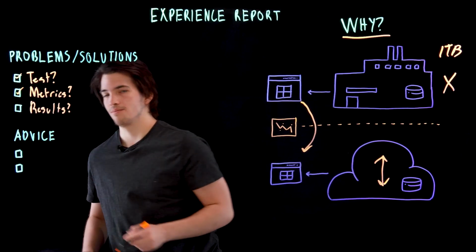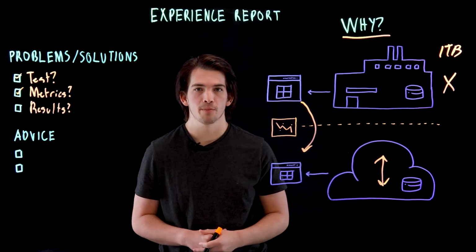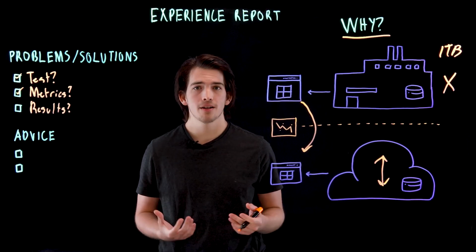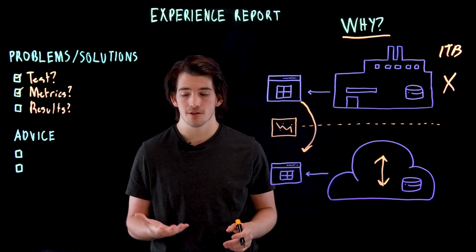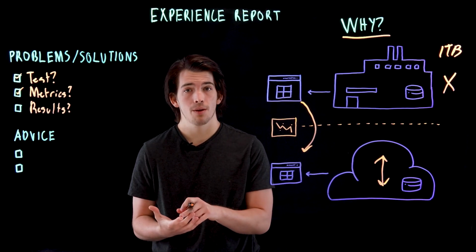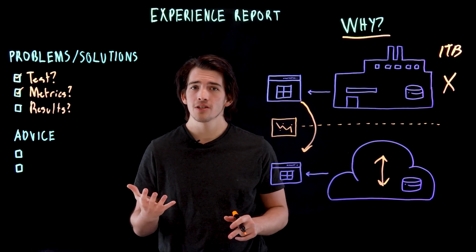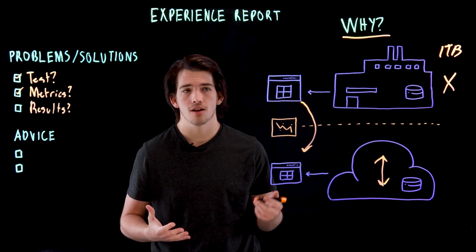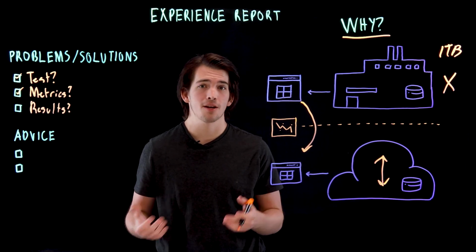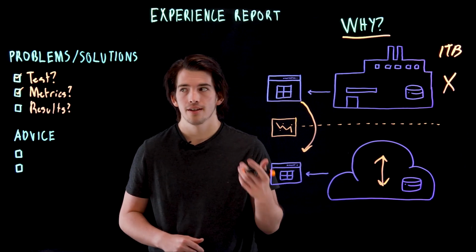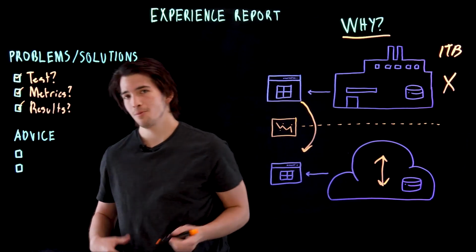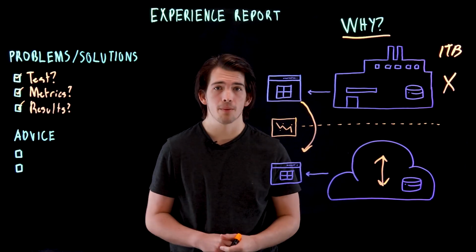So we have our testing set up. Now, metrics. What kind of metrics help us prove performance quality? Well, after a good amount of discussion, my team narrowed it down to 5 major things: CPU usage, memory usage, disk I/O, latency, and lock waits. This will give us a good overall foundation and enough information to make a rational decision about the move. Next, results. How do we get these metrics results and present them properly?